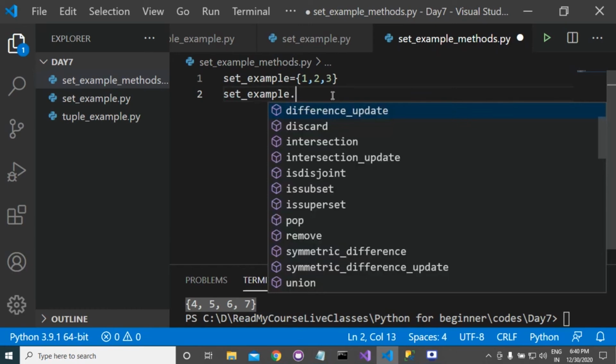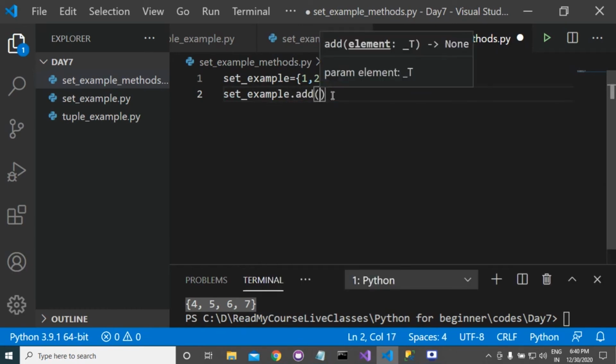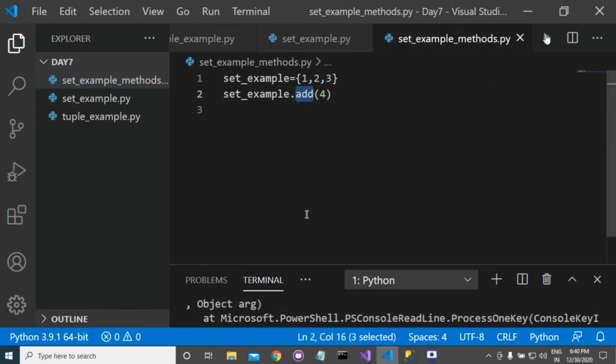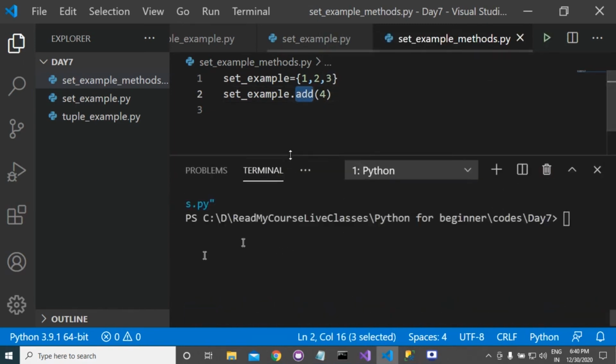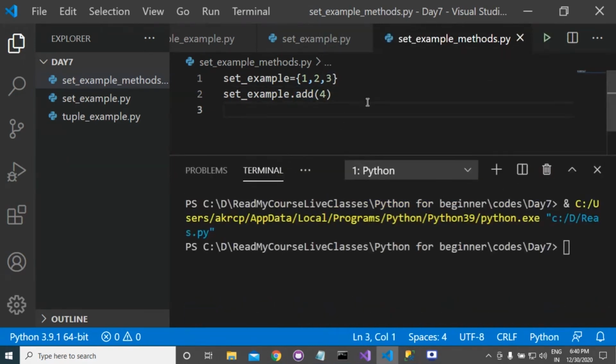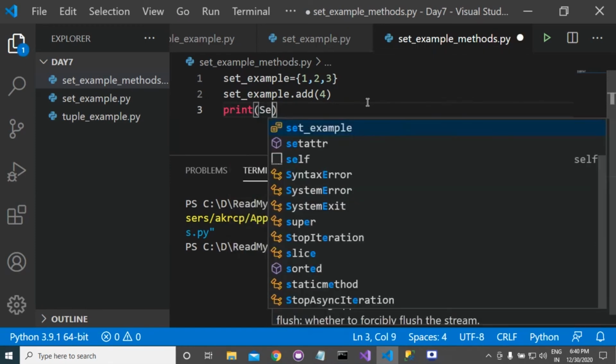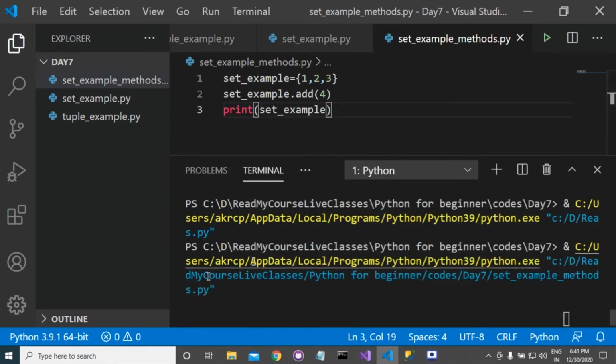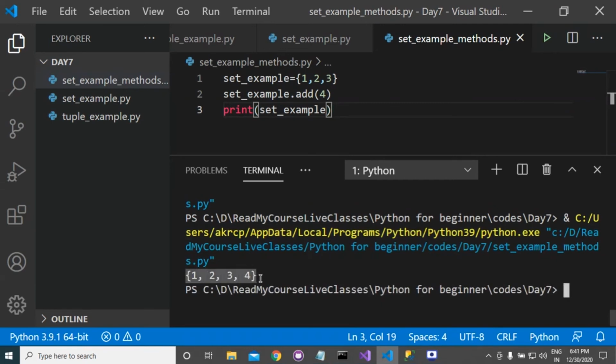Suppose you want to add 4, then we can call the add method. If you print, it will give you now 1 2 3 4. 4 has been added.